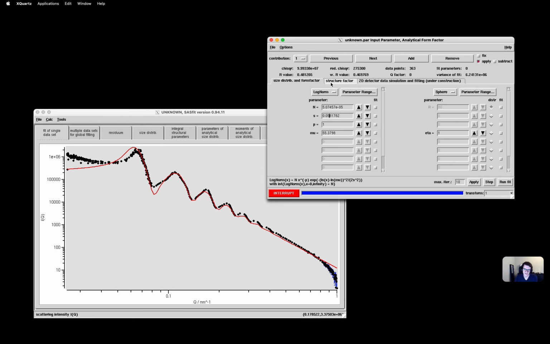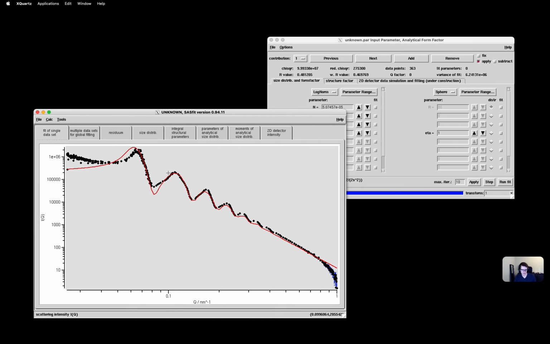Yeah, thanks. But as you can see, there's still something missing here in the beginning. So I concentrated then later on the middle part because the middle part really closely matches the minima and maxima of the sphere model. But you see that at the beginning there's a strong influence of the structure factor, which kind of moves the minima and maxima out of what the sphere should provide or show.